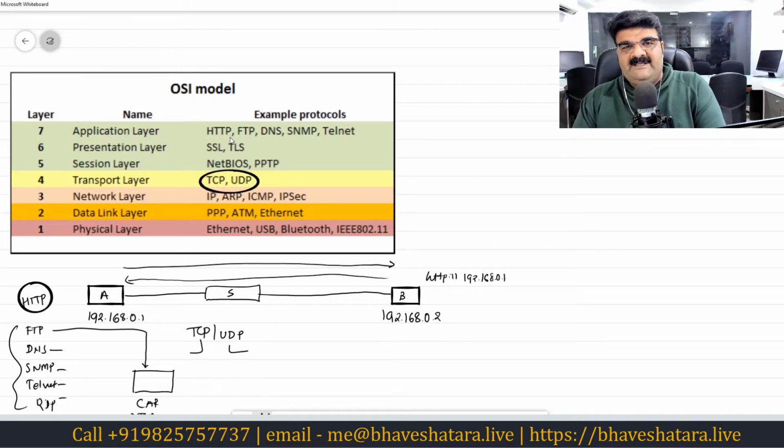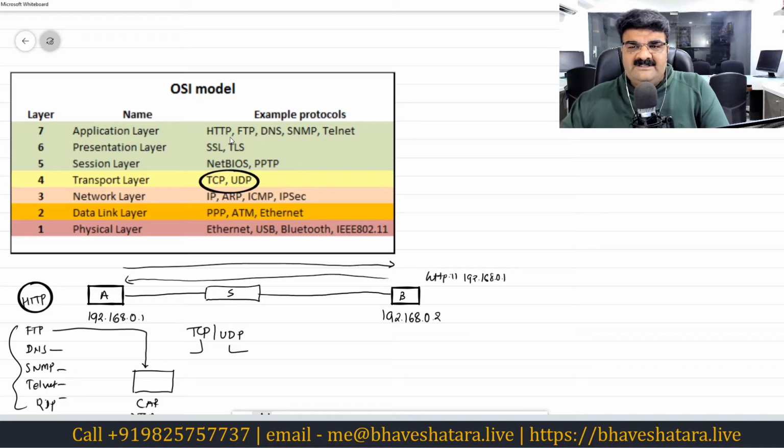TCP provides us reliable communication because whenever you send data, it will give you an acknowledgement. UDP will not provide this acknowledgement, but UDP is faster. So if you want faster communication, you can use UDP. If you want reliable communication, you can use TCP.